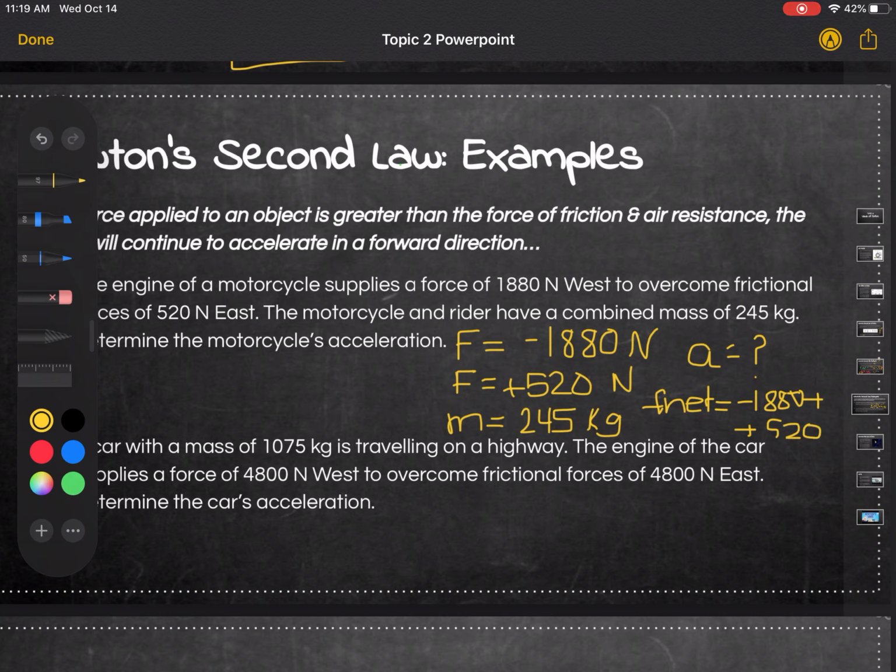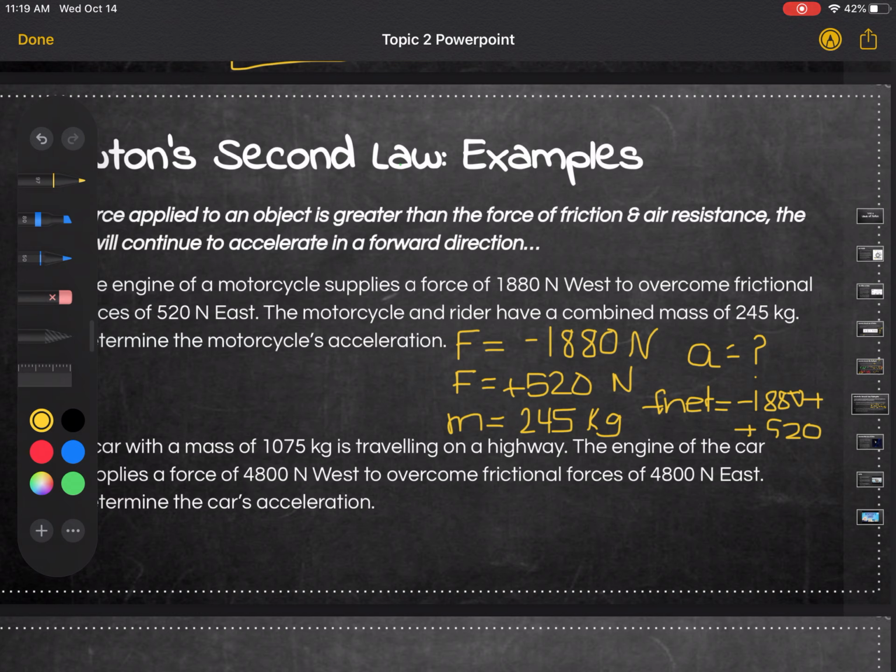Okay, so if we do that, I can put that into, even if you're using an iPhone, 1880, right beside the C button, there's a little plus minus. You can put that in and then go plus 520. And my net force that I got was